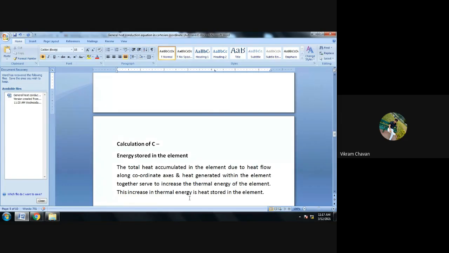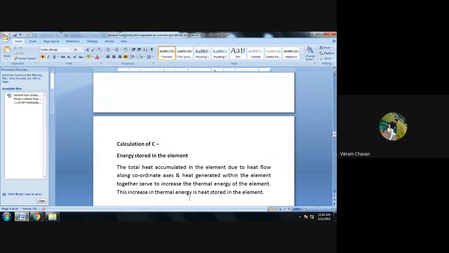ओके, सो ये दोनों थिंग्स, नेट हीट एक्यूमुलेटेड एंड द हीट जनरेटेड बाय द एलिमेंट, ये दो जो पार्ट है वो क्या करेंगे? वो एलिमेंट की इंटरनल हीट बढ़ाएगी, थर्मल एनर्जी बढ़ाएगी। थर्मल एनर्जी बढ़ाएंगे मींस उसका टेम्परेचर बढ़ाएंगे। ओके, सो दैट इज मींस व्हाट, ये टेम्परेचर क्यों बढ़ गया? क्योंकि उस एलिमेंट में हीट स्टोर हो गई, इसलिए उस एलिमेंट का टेम्परेचर बढ़ गया। ओके, so that is the significance of energy stored in the element.